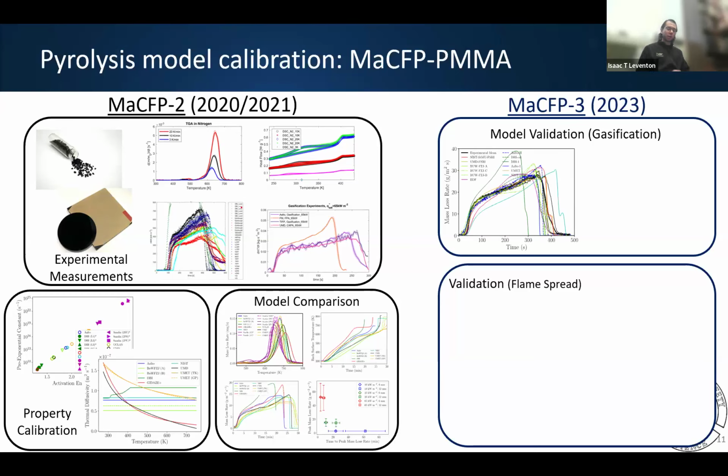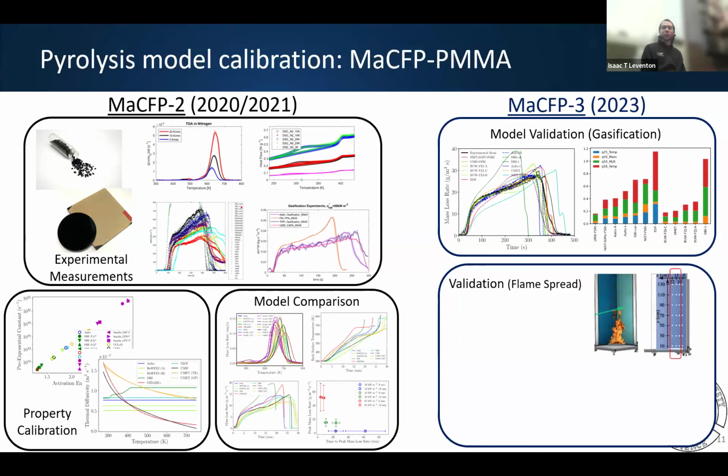to allow our different modelers to compare their property sets to say, well, this or that property is off because of this calibration approach or this data set that we compared to. And then we could quantify by different metrics of heat transfer or burning rate, which of these models showed closest agreement to that validation data set. And then the real important impact now is we have a property set that we believe is fairly reasonable. Can we apply that to different flame spread cases?